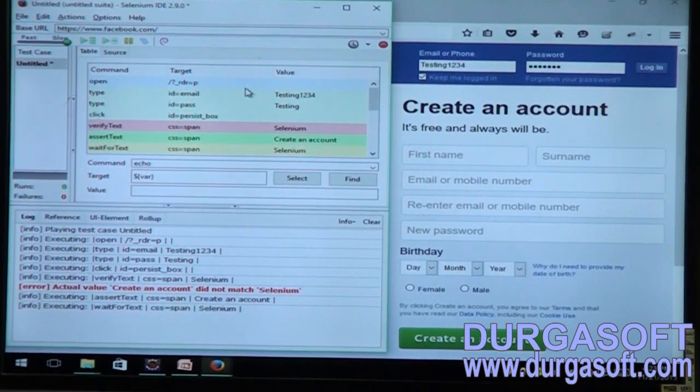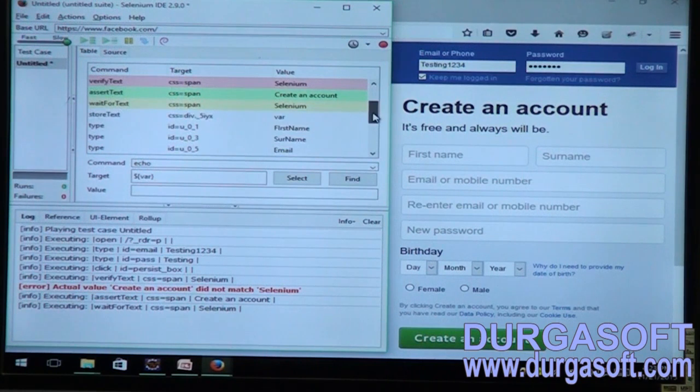There it goes. You can see it's going to wait for some time, then it will look into the text, capture the text and store it into the variable named var.